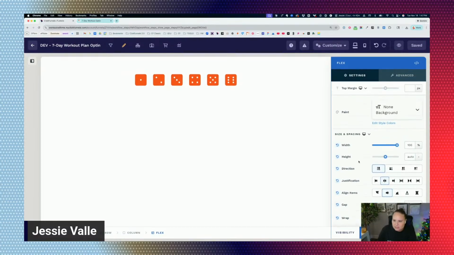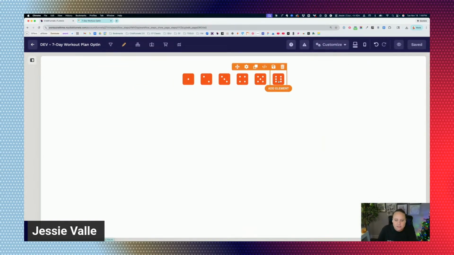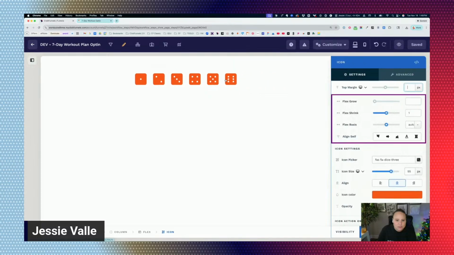When it comes to flex containers, one more thing I wanted to talk about here is if you click on an element that's within a flex container, you're going to notice these special